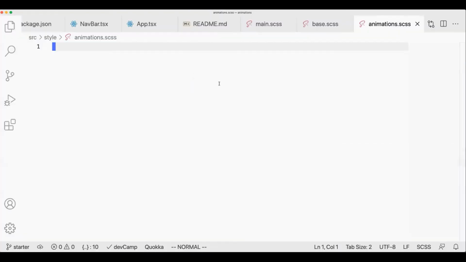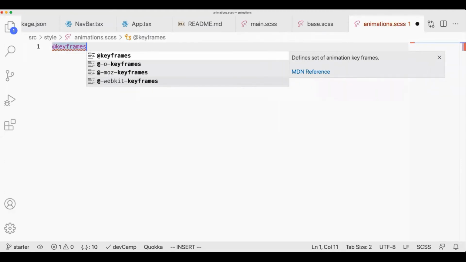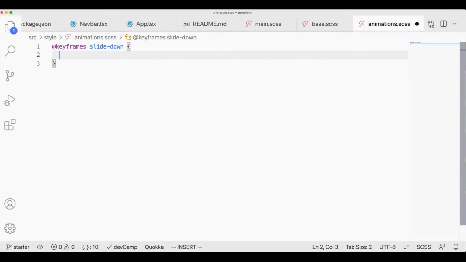So switching back to Visual Studio Code, we're going to create this keyframe. A keyframe starts with the @ symbol, and then you can just type keyframes, just like this. And then you want to give the name of the animation. So in this case, I'm going to call it slide down, but you could call this whatever you would like. And then brackets. And inside of the curly brackets, here we define